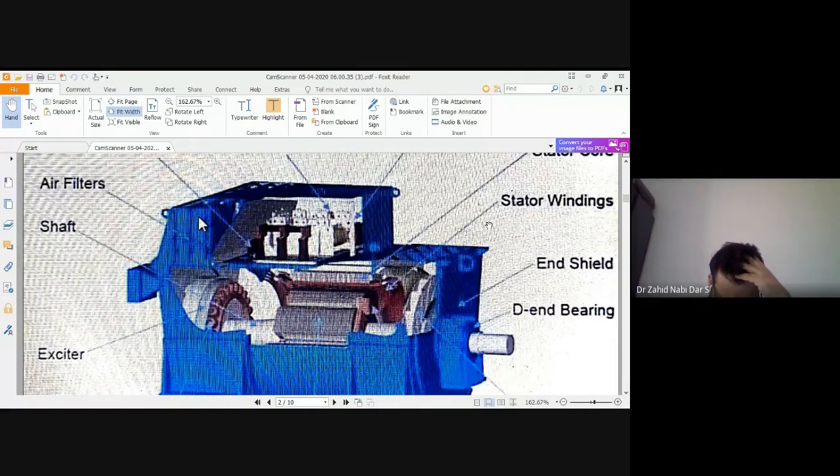So when a synchronous generator is under load, the voltage induced in each phase becomes distorted and the waveform is no longer sinusoidal. For that purpose, we use a Y connection. The waveform is not sinusoidal now, so it gets distorted, and this distortion is mainly due to the third harmonic.